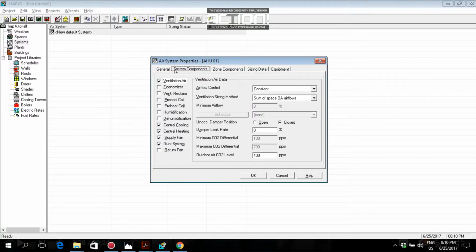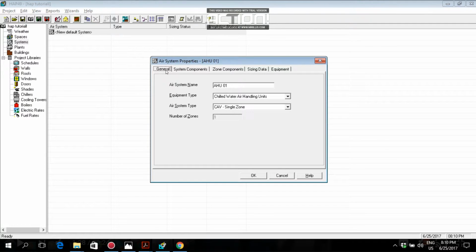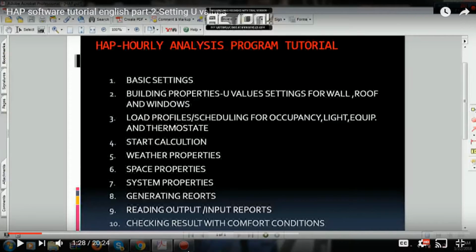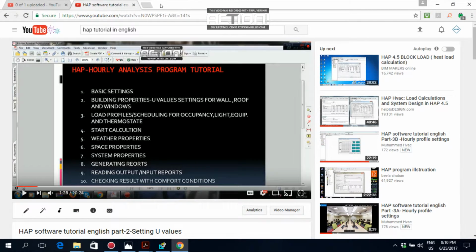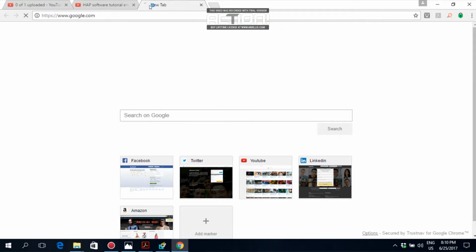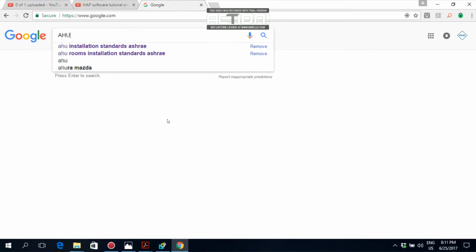In the system components, you must understand what exactly is appearing over here. If you know the air handling unit over here, but first you need to understand what an air handling unit is. The HVAC design engineer must know what exactly the air handling unit is. If I show you exactly a small example, air handling unit, let's say AHU